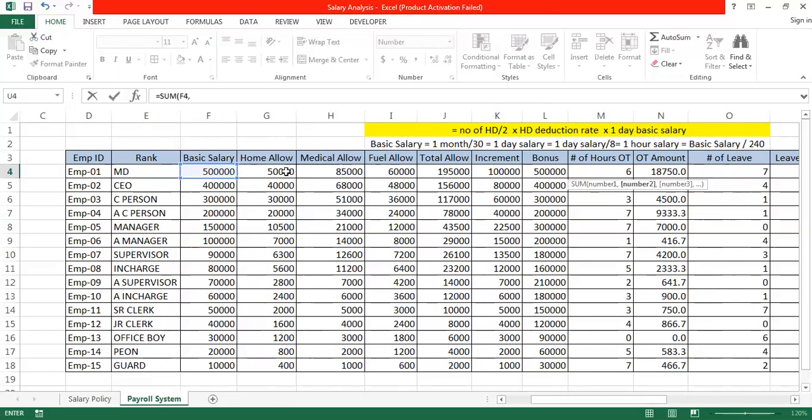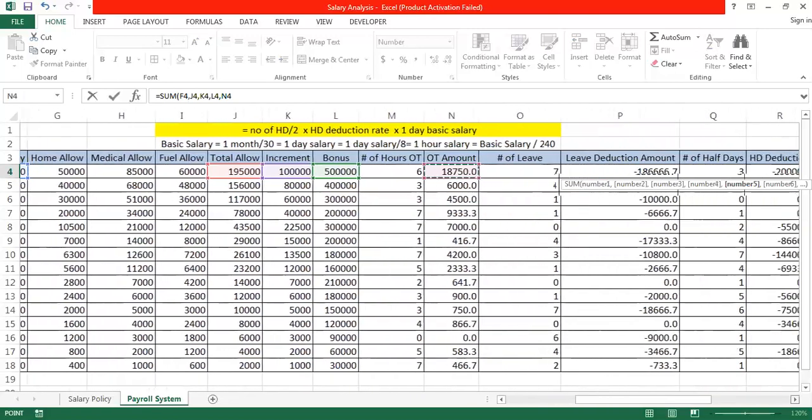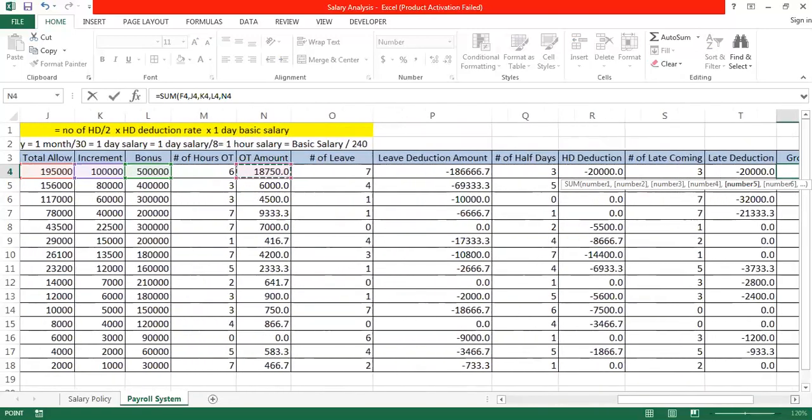So instead of individually summing these values, I'm going to click directly on total allowance, comma, increment received on the salary, comma, bonuses, comma, and overtime amounts,